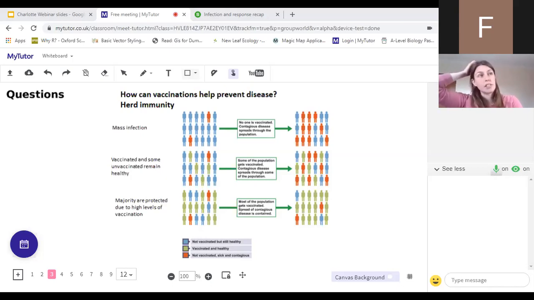It's similar with the flu vaccine in a way. The flu vaccine is something that you can have in the UK if you are over a certain age or if you have a weakened immune system. The vaccine vaccinates against the strain of flu that the scientists have predicted is most likely to be caught. There are lots and lots of strains of the flu virus, but scientists have become quite good at predicting